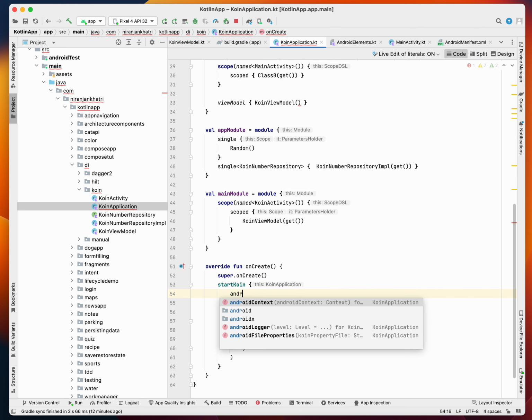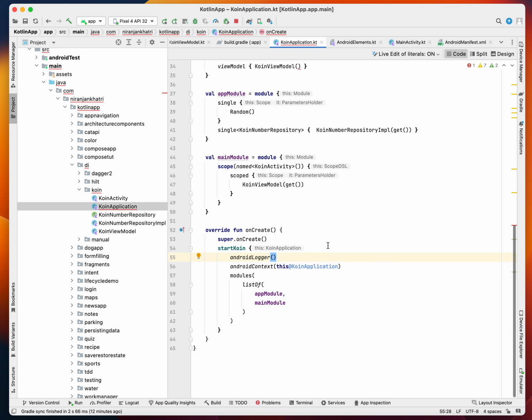Okay, you can also add your logger here. So yeah, that's it, guys. We are pretty much okay with our Koin setup, and so now finally we need to go to our